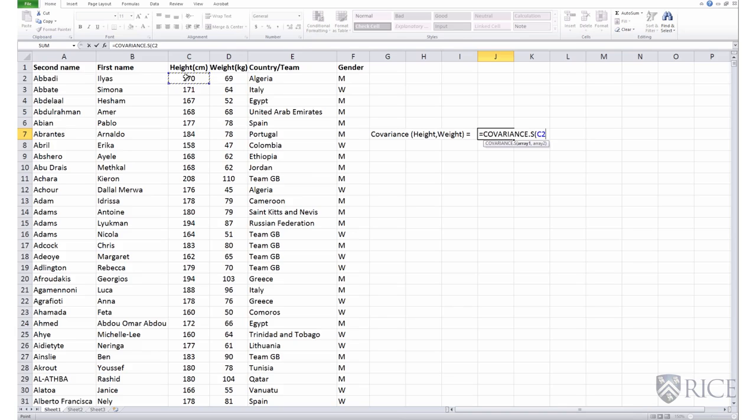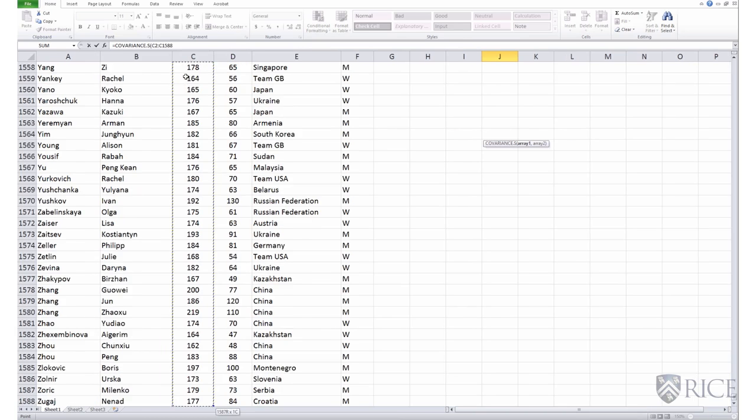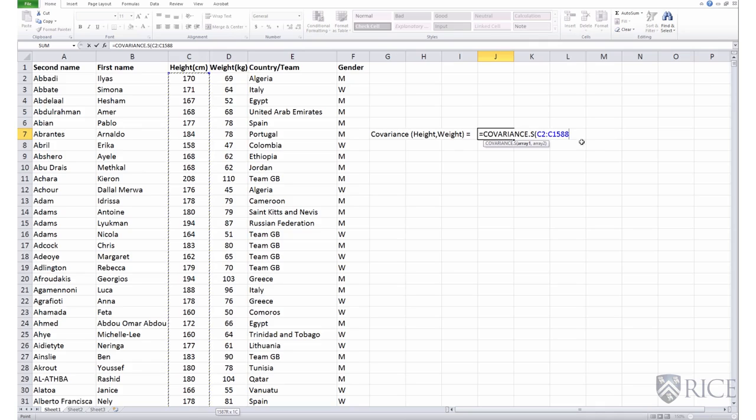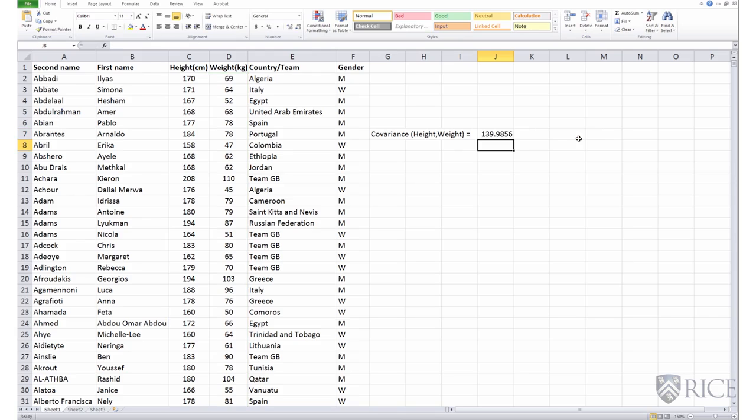C2 all the way to shift control down arrow, which gives me C1588, comma. Now I enter the second data range, the weight of the athlete, D2 through D1588, close parenthesis. So that completes my covariance formula. COVARIANCE.S, the first data range, height, the second comma, the second data range, weight. I give an enter, and the answer I get is